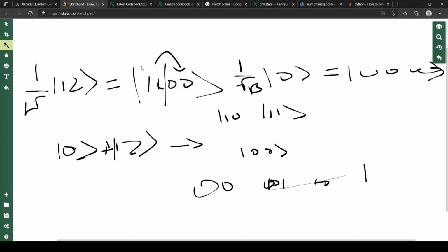We want to create from the 0, 0 state, we want to create the HC0 gate. So on the first one,